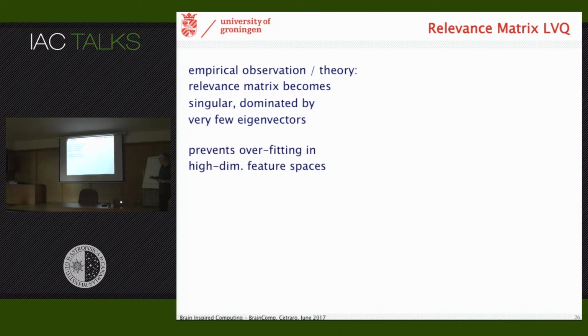And that means it prevents overfitting, naturally, because you could have the idea that if you introduce this n by n matrix in a 100-dimensional space, that gives you roughly 10,000 more parameters than you had before, and that should be prone to overfitting. But really, the matrix becomes low rank. There's only a couple or one leading eigenvector that dominates the matrix, and that means you have effectively a number of degrees of freedom which is linear in n, not n squared. And that prevents overfitting, but it also helps you